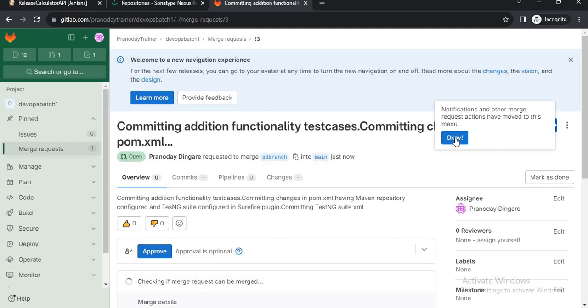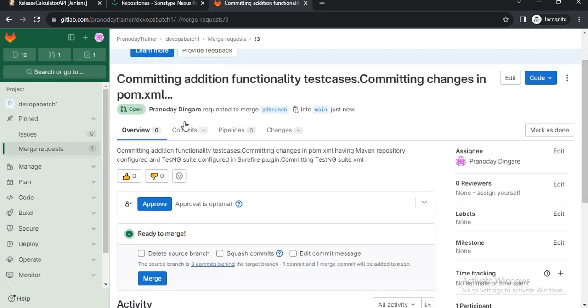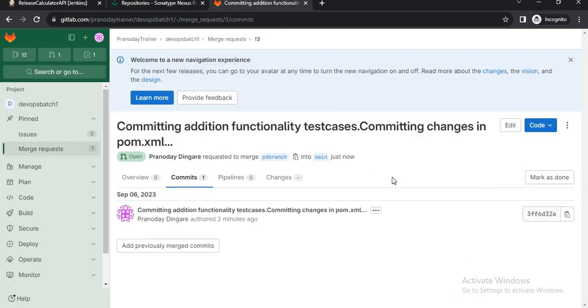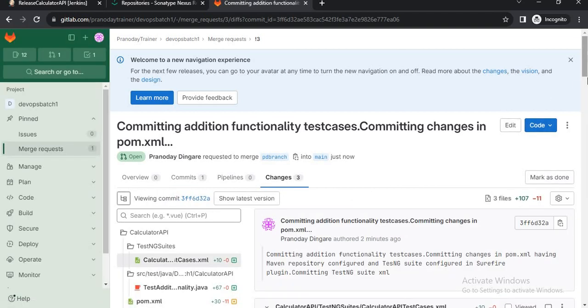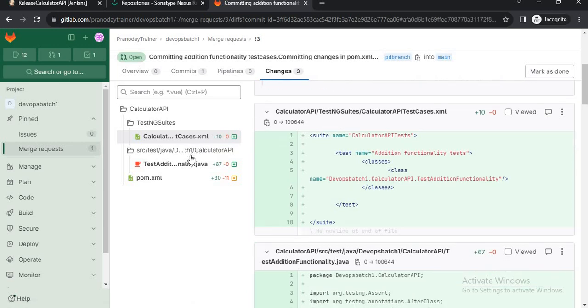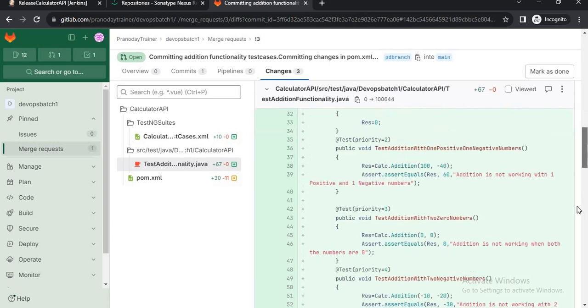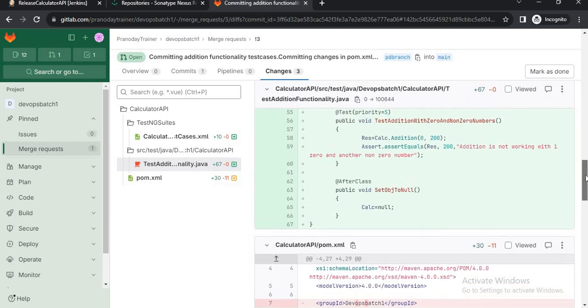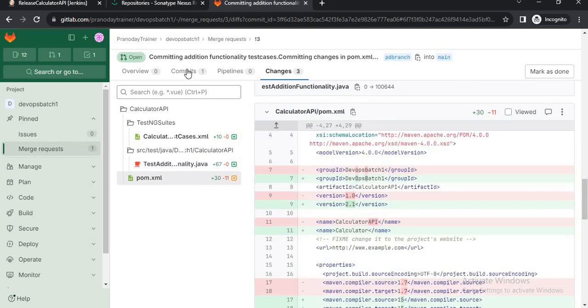So I have created a merge request. Commits, so this is the commit, and let's see the details of the commit. There are these many files changed: POM XML, this suite XML, and a Java file related to the addition test case. These three files are part of this commit.